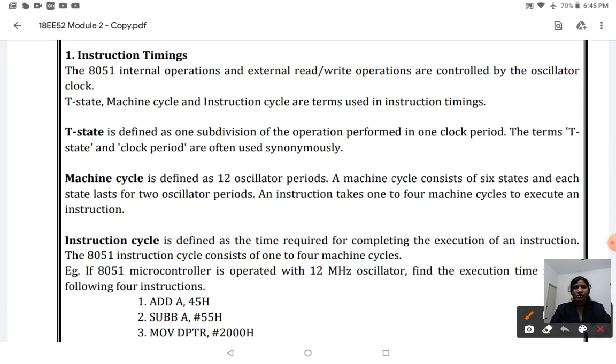The first one is your instruction timings. Instruction timing is nothing but, in the 8051 microcontroller, you have an oscillator that defines the crystal frequency, that defines the speed of operation of your microcontroller. So each instruction, how much time it takes, is defined by the instruction timings, based on whether it is going to do a read operation or write operation, and whether this operation is done internally or externally.